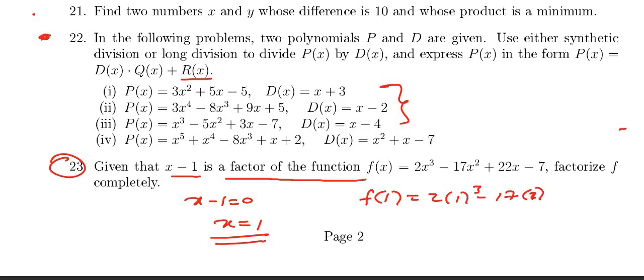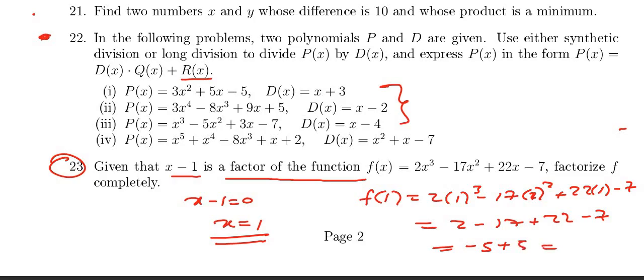So we have a 1, then square, then plus 22, and a 1 and minus 7. This will be a 2 minus 17 plus 22 minus 7. This will give us what? This is going to be 2 minus 7, that's going to be negative 5. Then 22 minus 17, that's going to be a 5. So this gives you a 0. So we have already verified that this is a factor, and we can use it using synthetic division